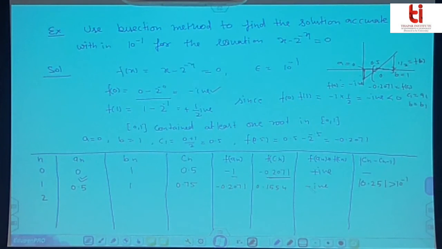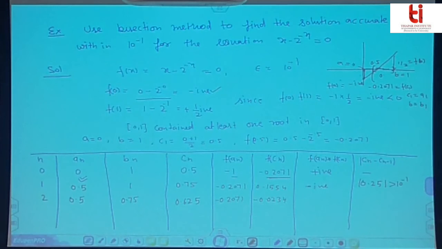Now, since this value is negative, that means the root is lying between A and C. So next, A will be as it is, 0.5, and B will be the midpoint, that is 0.75. And the midpoint of 0.5 and 0.75 will be 0.625, and function value at 0.5 is the same, 0.2071, and function value at Cn,